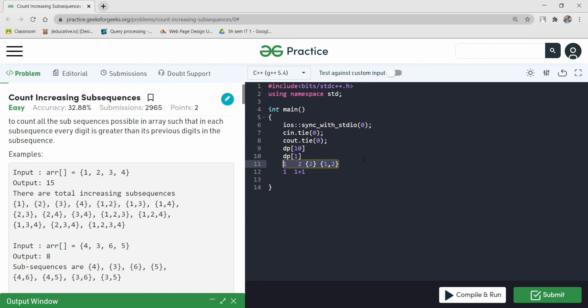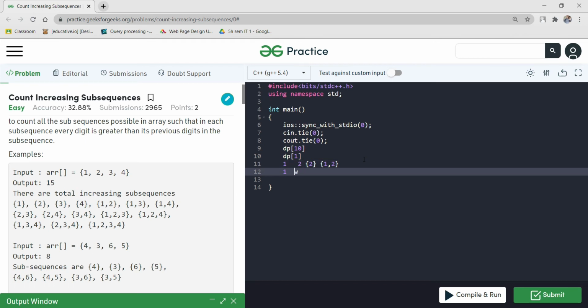For the total answer we will add all the values of dp of digit, up to the array index 1. So our answer will be 1 plus 2.